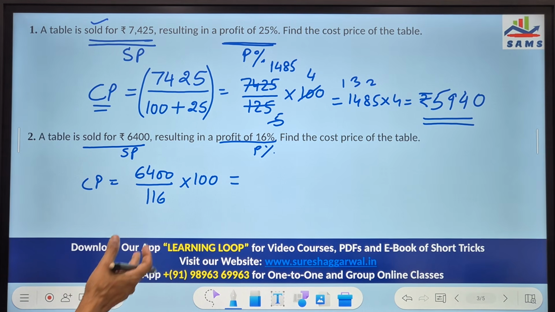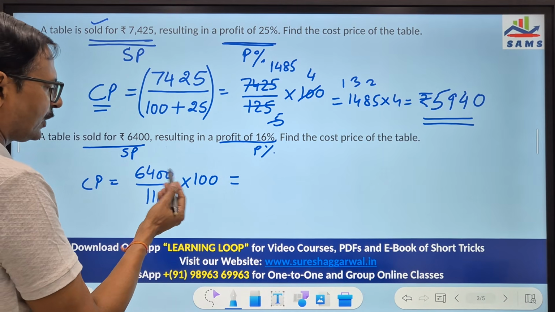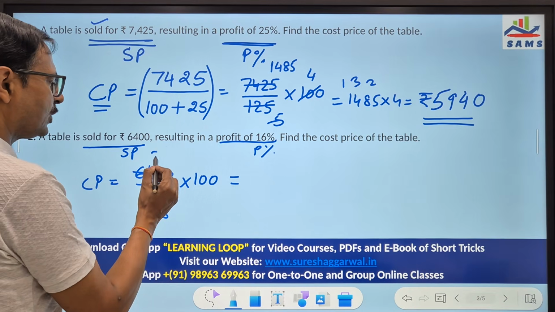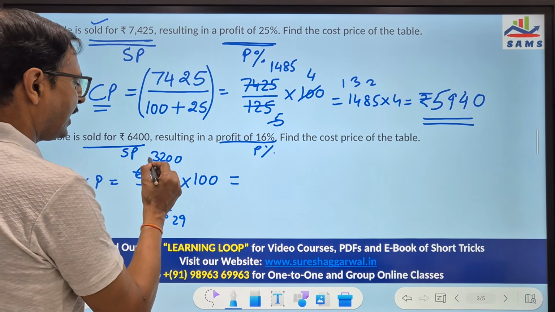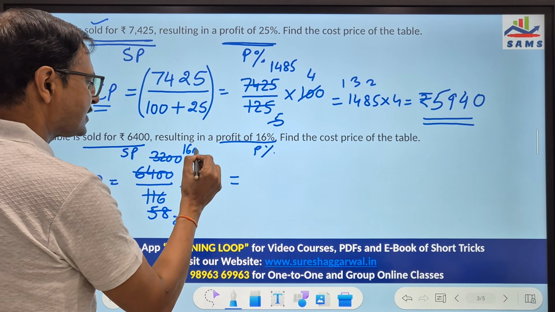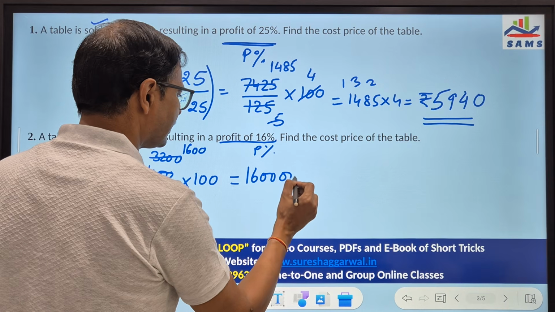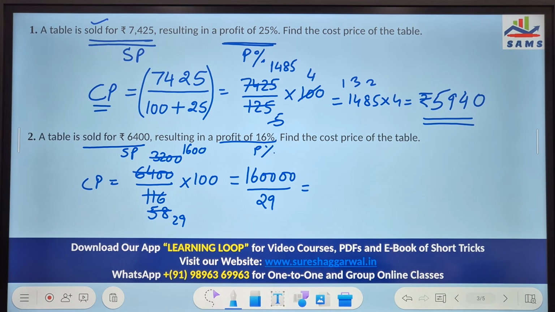Here some of the zeros, no zeros are getting cancelled, only some like 58 times, and this is 32 times, 3200, this is 29 times, and this is 1600 times. So you just have to do one calculation, 1600 times 100 upon 29, and you will get the final answer for the question. So probably this will come out to be